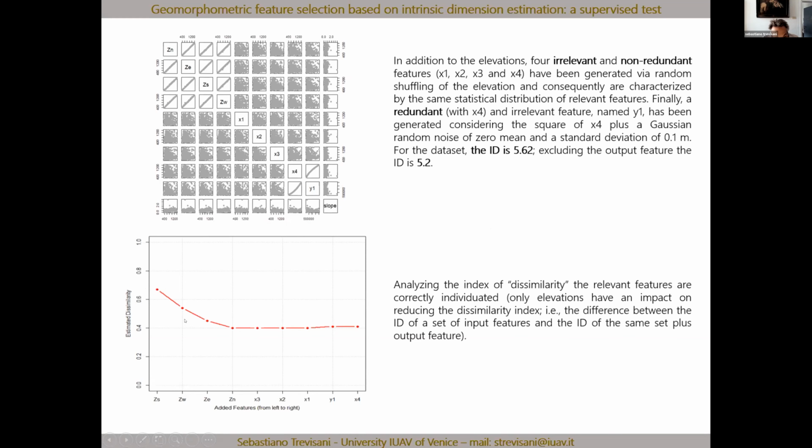And so only the features that contribute to reducing this index are relevant for the prediction task that we are considering. And so you see that only the 4 elevations contribute to the prediction of slope. And this is quite good because the complex nonlinear relationship between slope and the 4 elevations at the surrounding nodes is not easy to be caught by